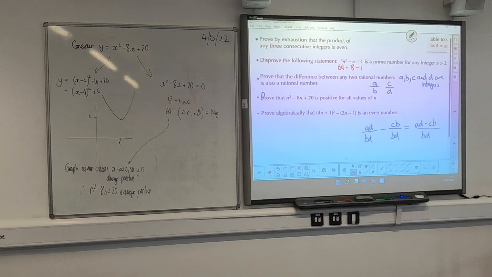So the first one that we're going to do is the proof that there are an infinite number of prime numbers, okay? Which was this brilliant proof that Descartes first came along with,